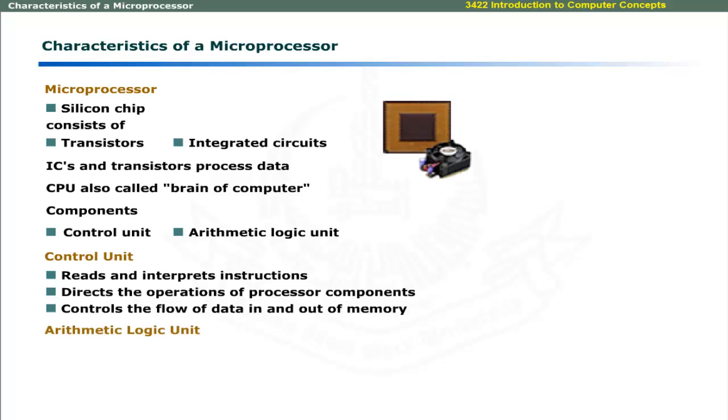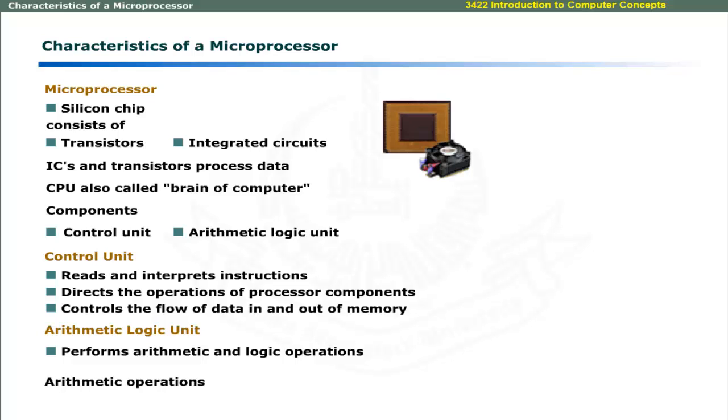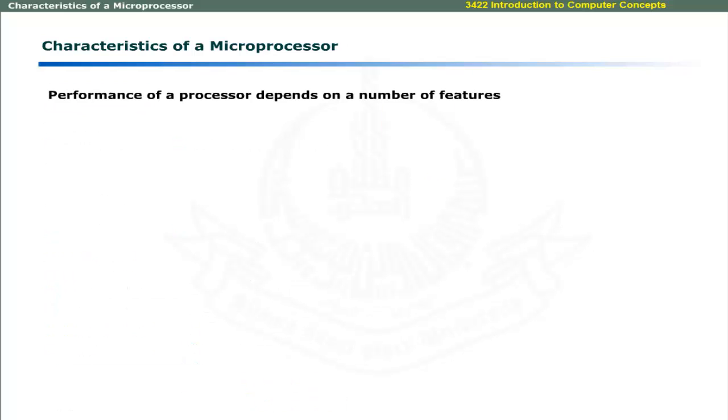Arithmetic and logic unit performs all the arithmetic and logic operations. Arithmetic operations include addition, subtraction, multiplication, and division. Logical operations include comparing numeric and alphanumeric data. Performance of a processor depends on a number of features which are